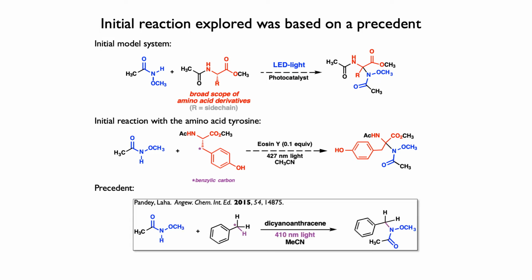The reason we started with this substrate is because there was a precedent. There are things that are new about it, but we wanted to make sure we had some precedent for what we were doing. Using a similar substrate, the same alkoxyamide, a couple years ago, there were reactions done using this molecule, which is a derivative of benzene, but it has that same benzylic site. It was undergoing reactions to form a bond between the benzylic site and the nitrogen of the amide, and it's a similar mechanism to what we were hoping to do.